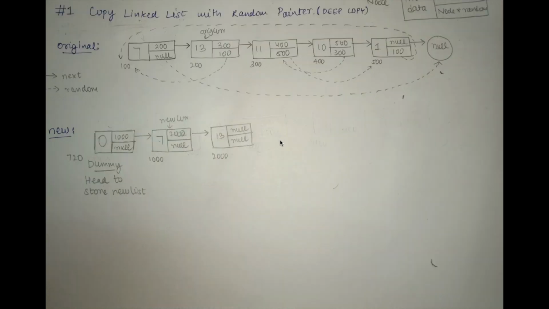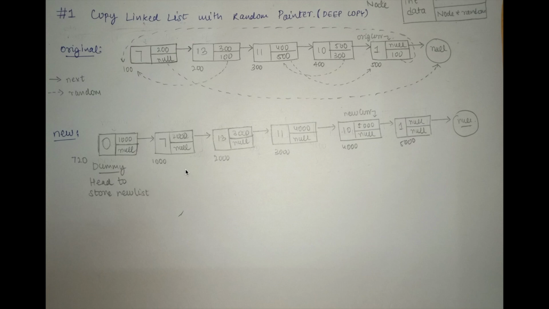Similarly, we create the second node and start linking the first node, and so on, we create new nodes. So like this, we create all the new nodes of the linked list. We simply copy the data from the original linked list and chain all of the new nodes up. The only thing left for us to do here is to set the random pointers of the new nodes we created, which are all currently initialized with null.